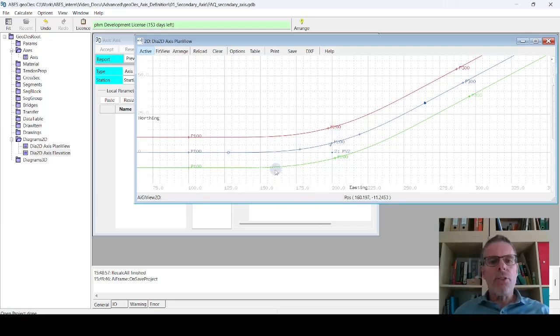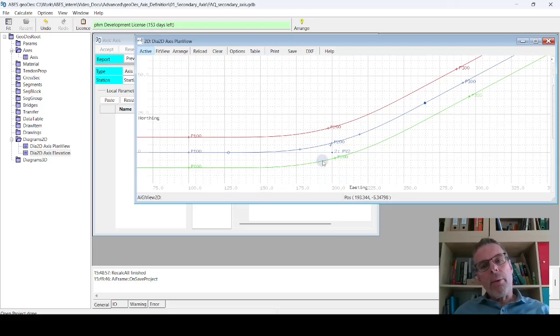GeoDes deals with this by always calculating the chainage on the main axis in the middle here on the blue line, and then using that chainage to go out and calculate the point with the conjugate chainage on the secondary axis. So the chainage is measured on the main axis and then projected out onto the secondary axis, and inside or outside a curve,